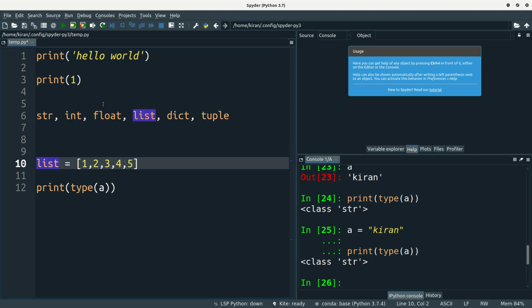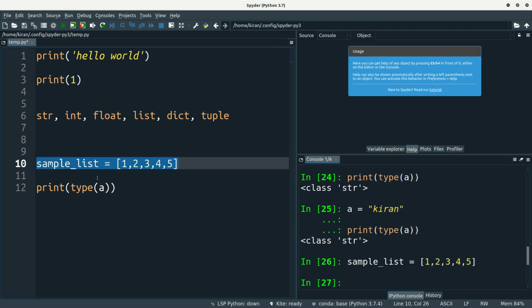So I'm going to change this to sample list. This is a good way. I'm representing sample list as a variable and assigning a list. Let me print this one. I'm going to check the type of sample list.